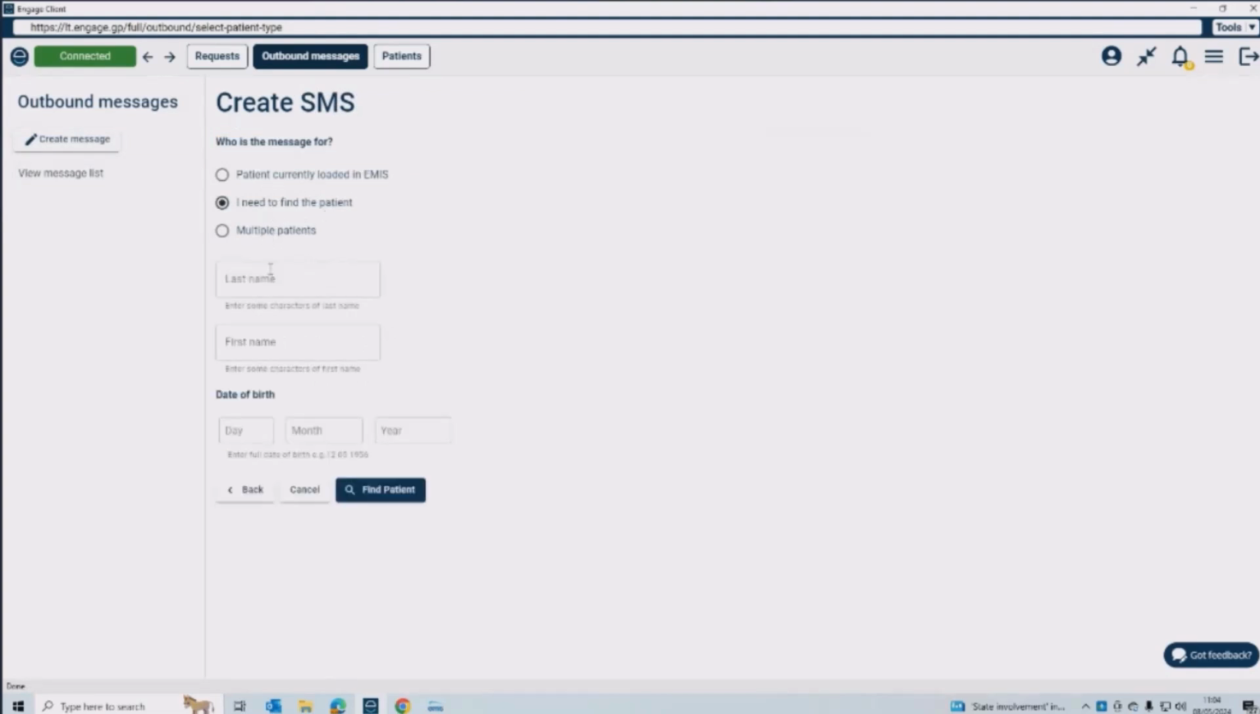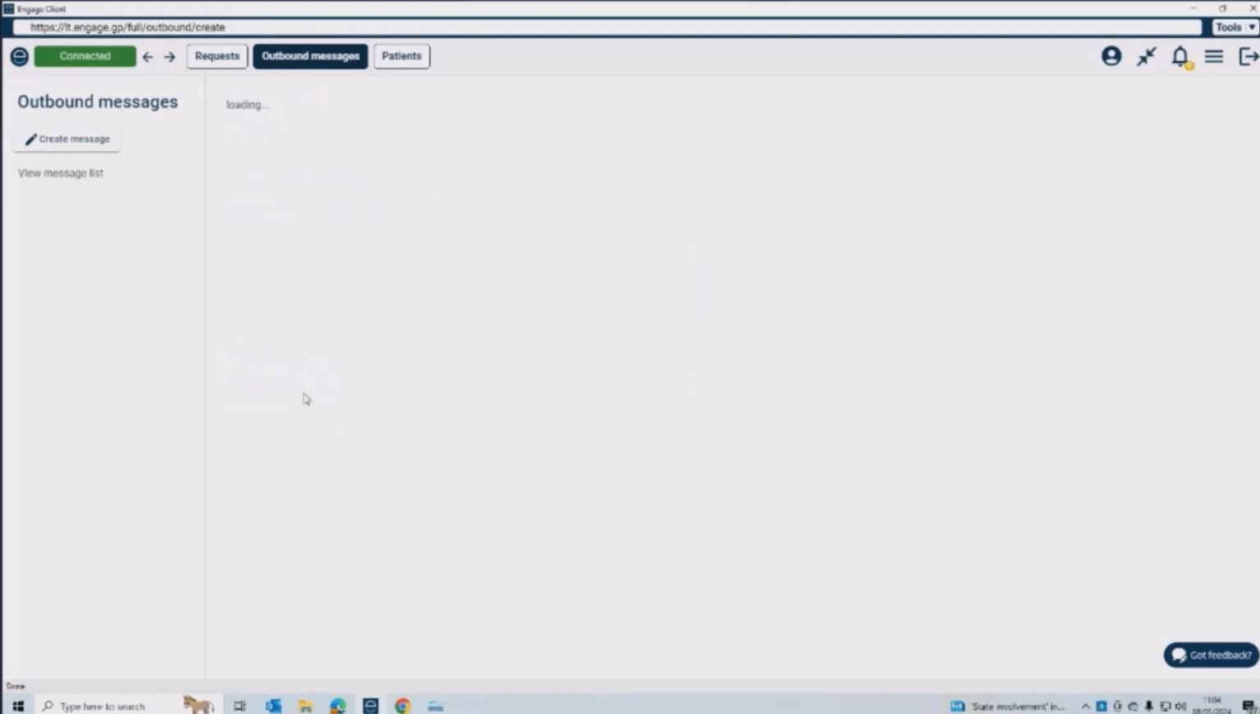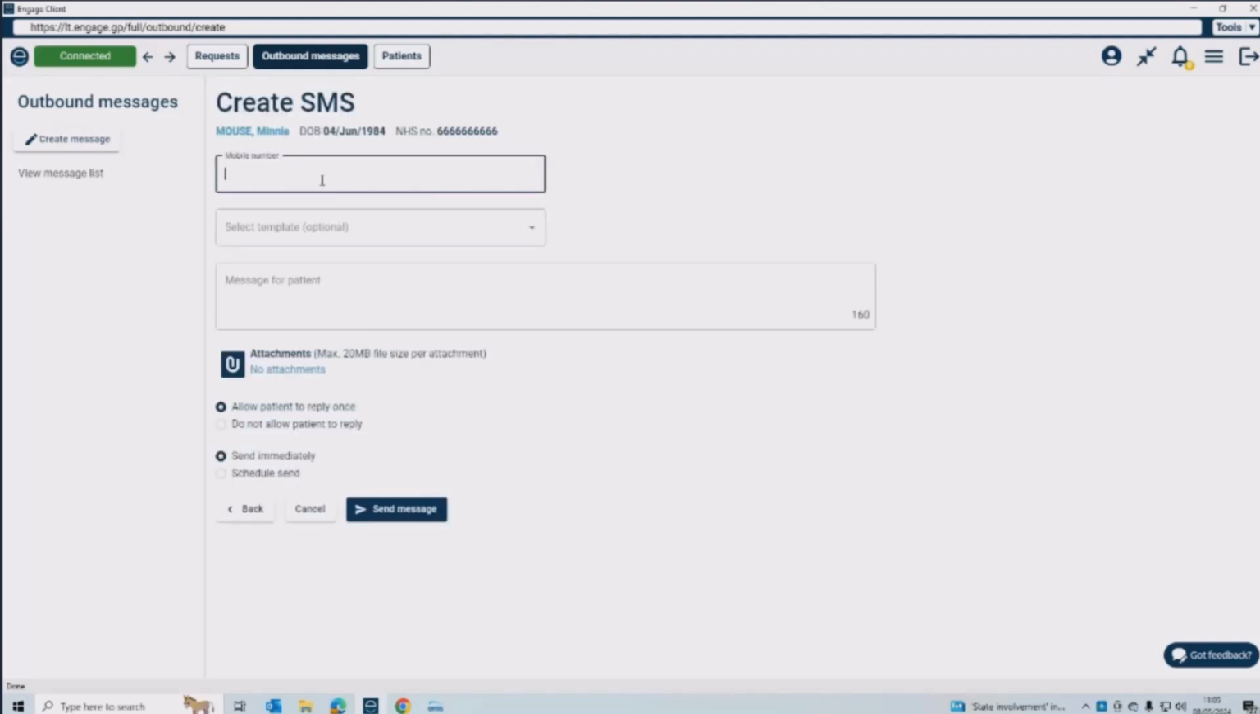I need to find a patient. So let's find Mouse and Minnie. Let's find that patient. Hopefully it does find them. Yeah, there we are. So there, and then they can go through the process of loading that patient and sending it. So they can load it from within Vision or EMIS, or they can find the patient, mobile number in. This patient doesn't have a mobile, but let's just,